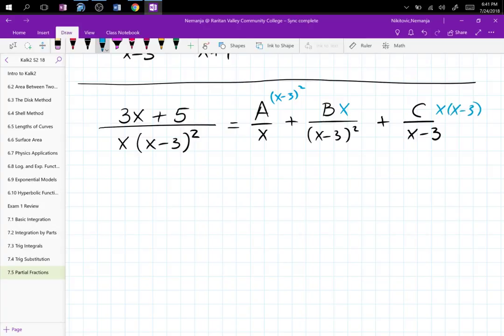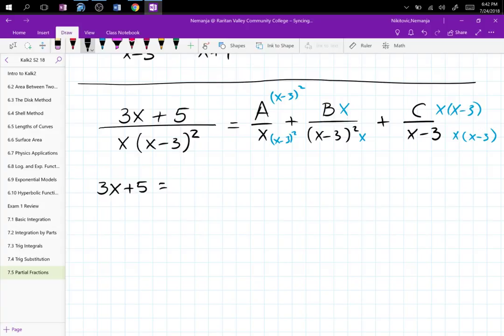So this is what each one of these is missing to create common denominator. So now, since denominators are the same, we can just multiply both sides by that denominator. Denominators go away. And I have 3x plus 5 is equal to,